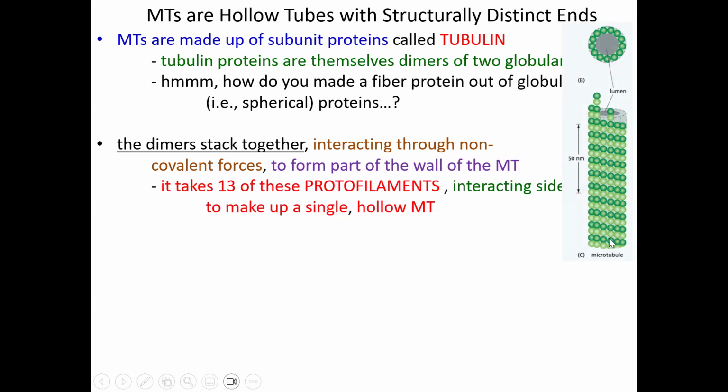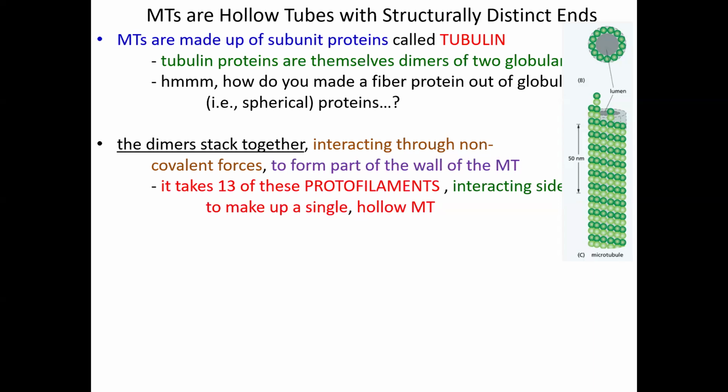And we just stack those dimers together to make a protofilament. And then we get 13 protofilaments and we put them together as a round ring, and we've got ourselves a microtubule. This is a microtubule as if we're looking at it head on, and then this is the microtubule in cross section. And I'm going to start counting at the one that has the line through it here. So 1, 2, 3, 4, 5, 6, 7, 8, 9, 10, 11, 12, 13 protofilaments side by side create this